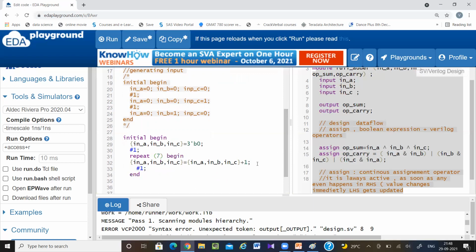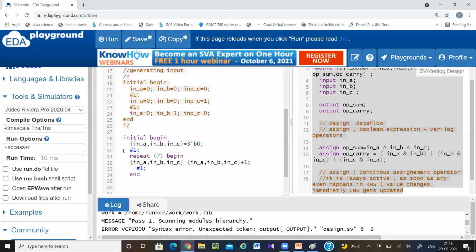Why the #1 delay? Because once the test bench gives a signal to the DUT, after some time it should give the second signal, and after some time the third signal. If you don't give any delay and generate all the signals at a time, then the DUT will just take the last signal and will not consider all of them.